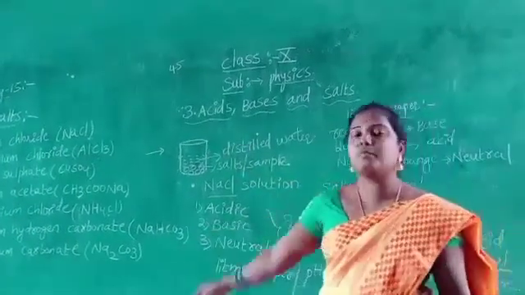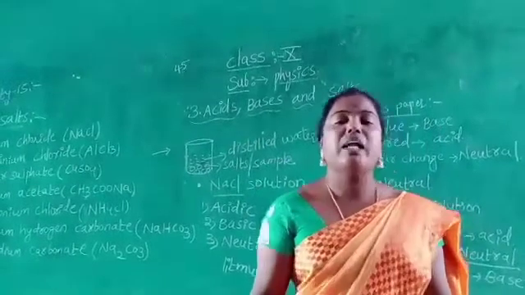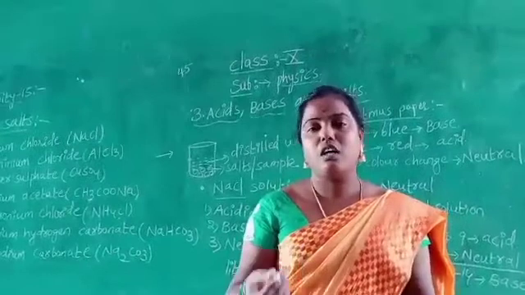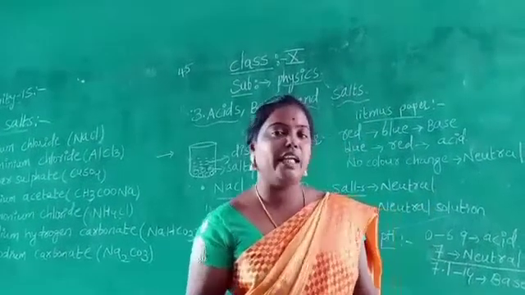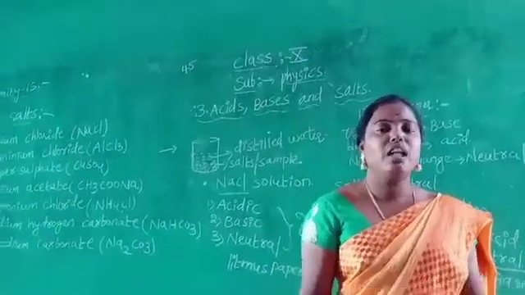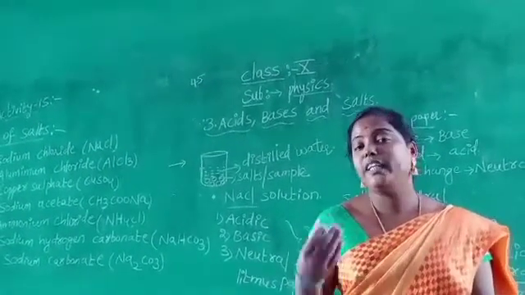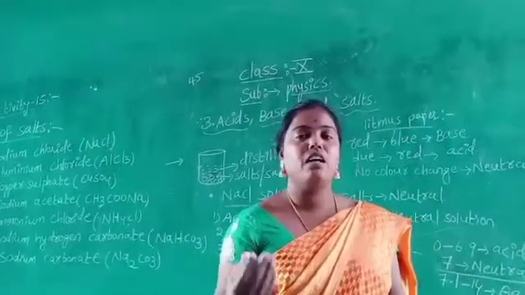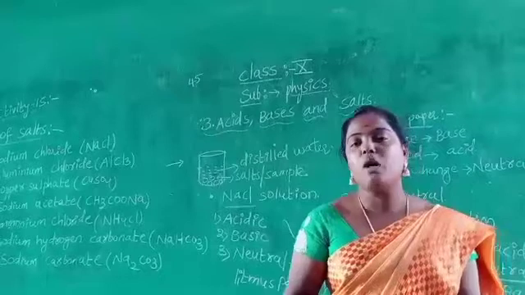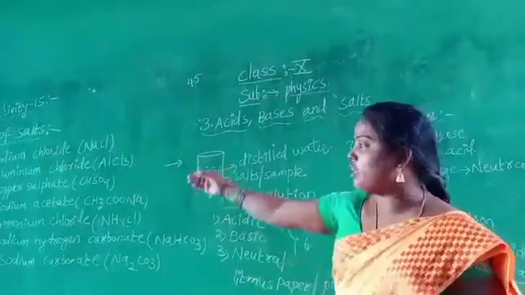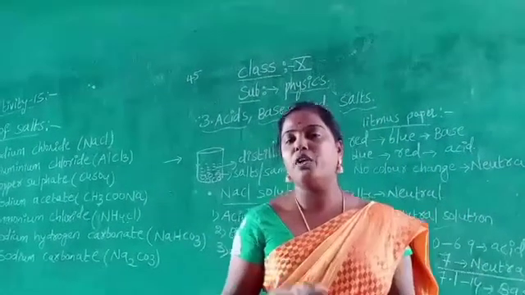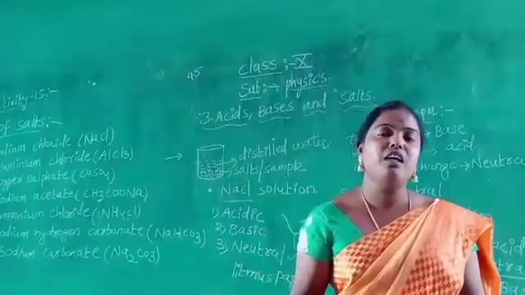The remaining examples you do at your home by collecting litmus paper or a pH scale from the outside market or laboratory. This is your homework today. Children, understand? Collect the litmus paper or pH scale from a nearby market or medical shop. Then test all these salts, whether each is acidic, basic or neutral in nature, and fill in the table.